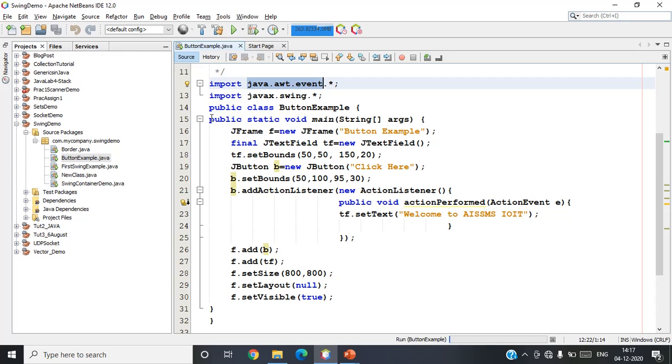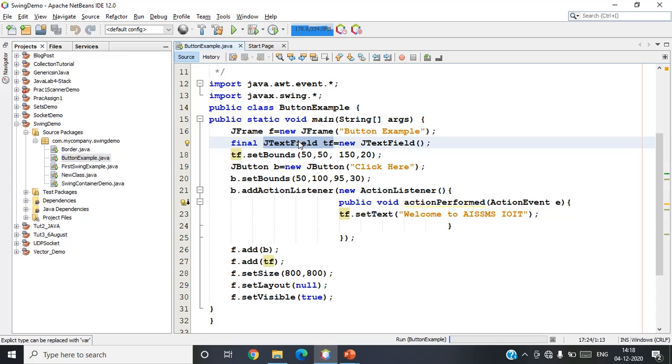Here I have created a Java class with the name ButtonExample. Inside the main function, first of all, I have created an object of JFrame with the name f: JFrame f equal to new JFrame, and I have given the caption to it as ButtonExample. I have also created a component called a text field with the name tf.